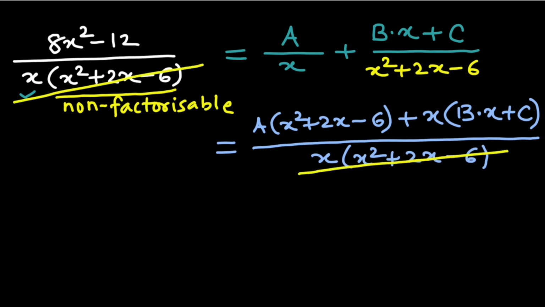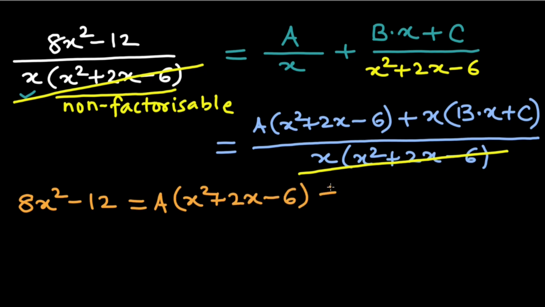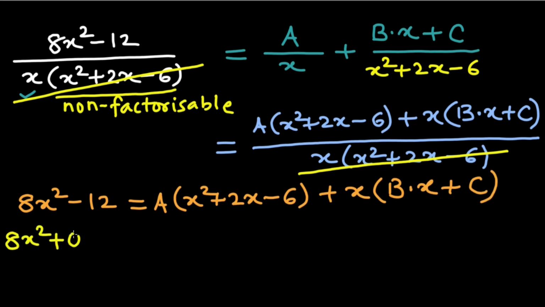So we are left with 8x² − 12 equals A(x² + 2x − 6) + x(Bx + C). We write the left hand side as 8x² + 0x because there is no x term in here, minus 12 equals, now we will open the bracket and write Ax² + 2Ax − 6A